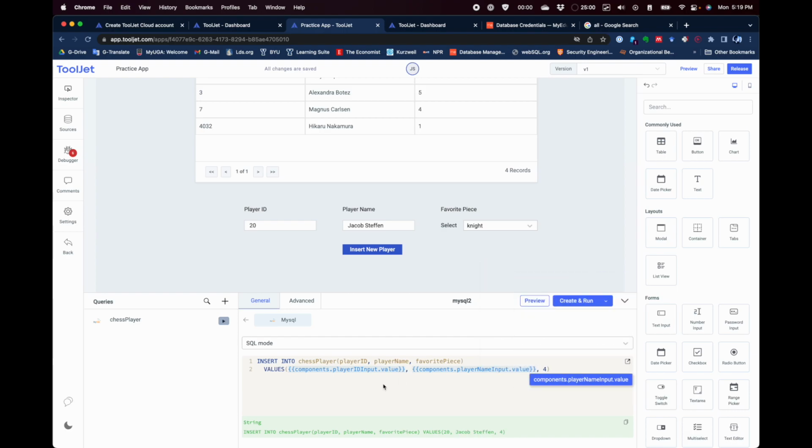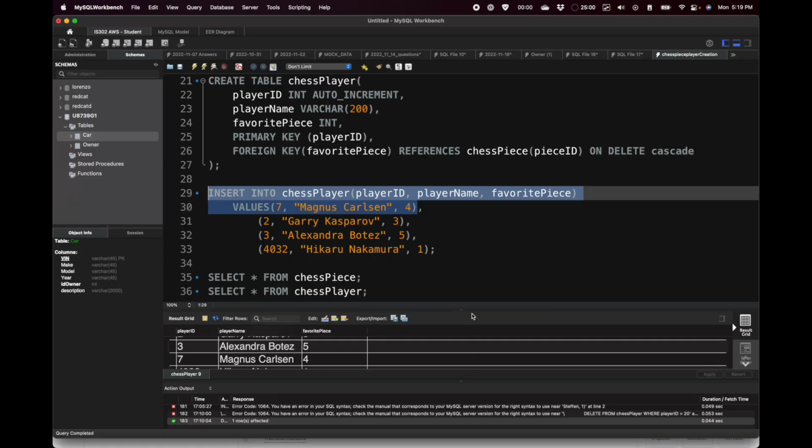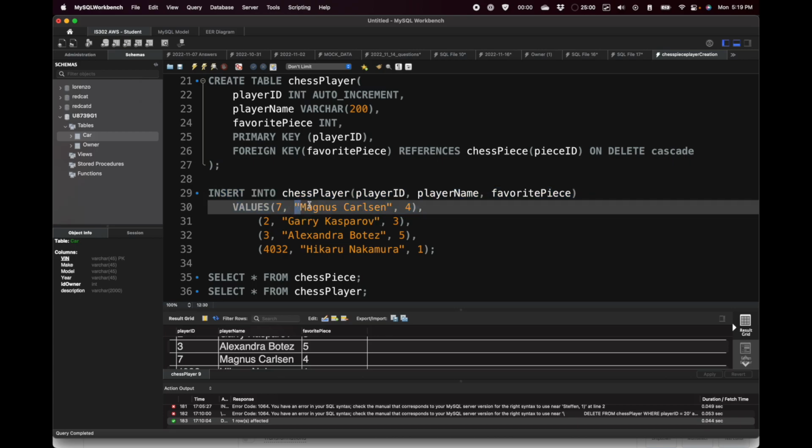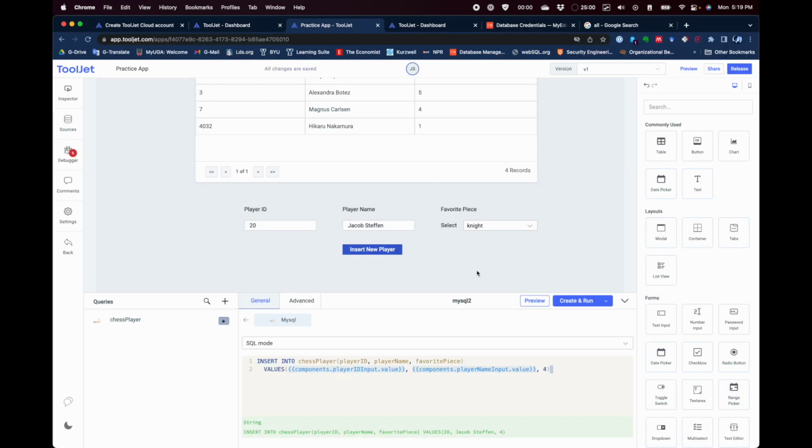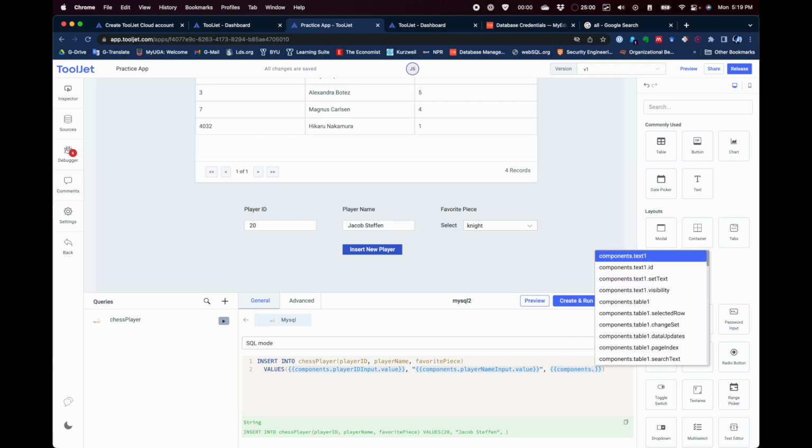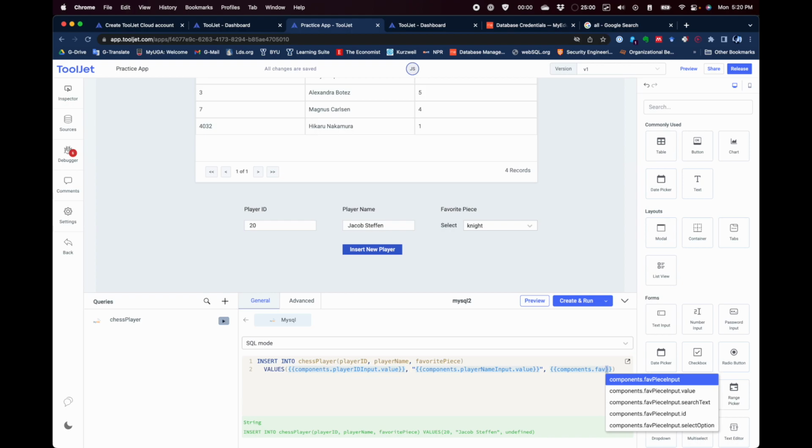input dot value. But just remember, if you're inserting into a varchar, any string data, where before we had to surround it by quotes, whether double or single, just make sure you do the same thing, because this is going to return a string, but we need to make sure it's surrounded by quotes. So just put quotes after the 2 curly braces, and then we want the favorite piece. So we're going to do 2 curly brackets here, do components dot fave piece